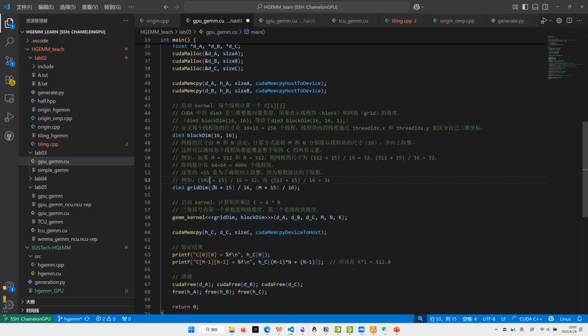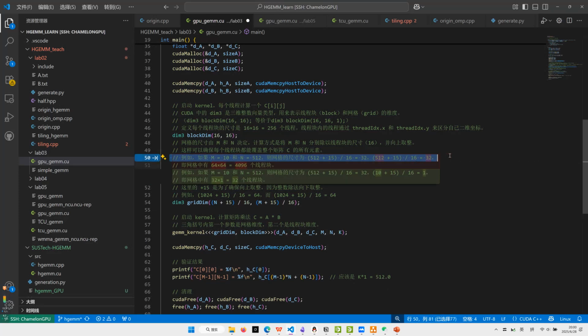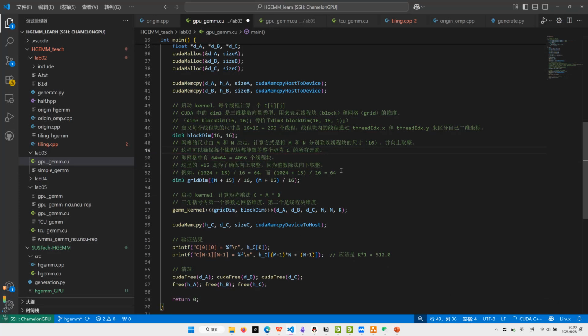Sorry, let me change it for this computation. Let me just delete it. Okay, so here we will get 4096 thread blocks,